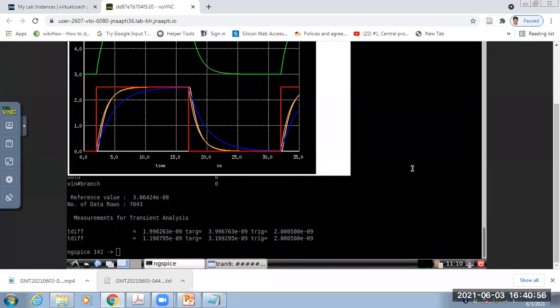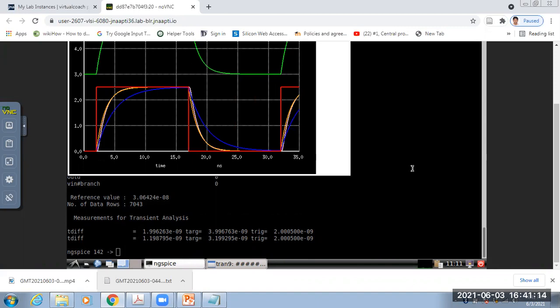Now see the difference. The first one is for lumped or distributed? Yeah, lumped.